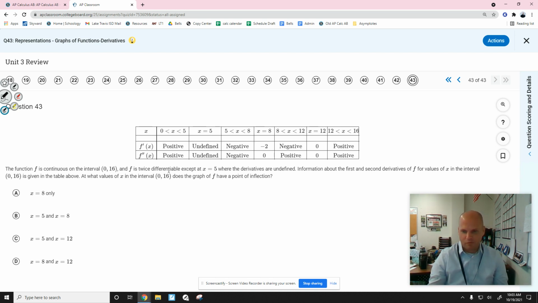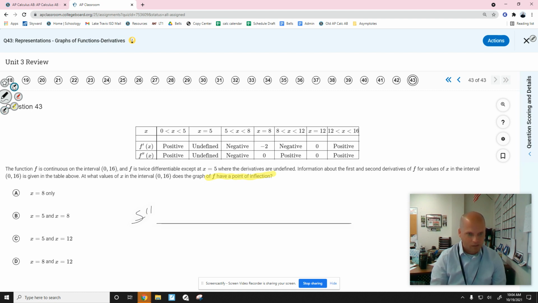Where does F have a point of inflection? Is that it? Is that the question? Come on. Be better than that. Be like, what is F decreasing concave up or something like that? Point of inflection, guys. All I need to look at is the signs of F double prime,